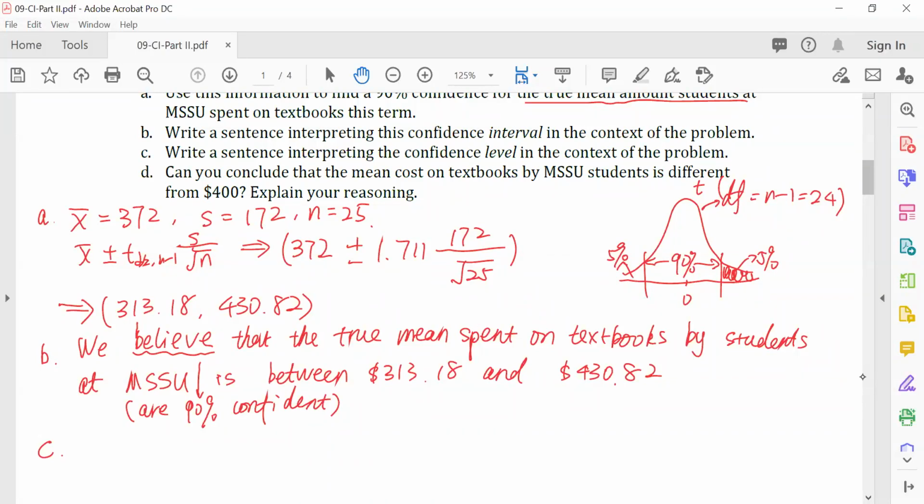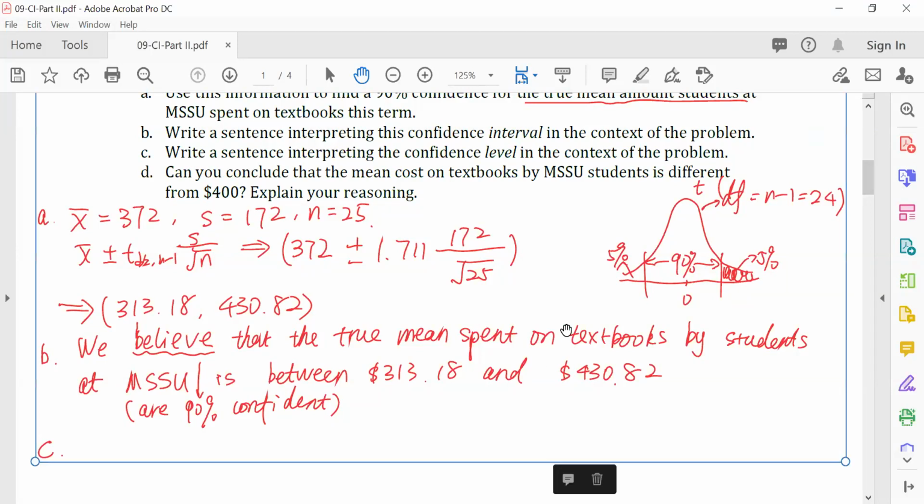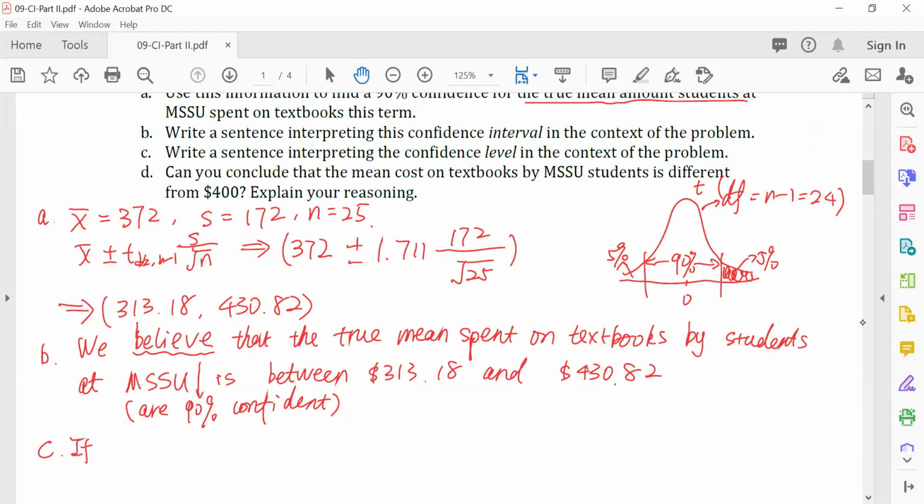Any volunteer? Isn't it essentially that if we were to do this multiple times, then 90% of the time, the confidence interval would contain the true mean? Yes, that's true. That is, if this researcher, she